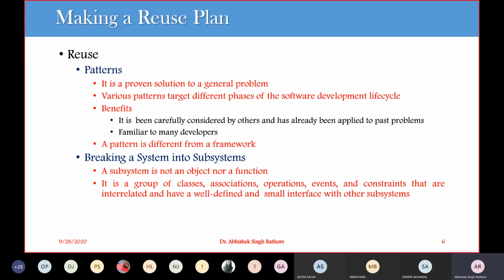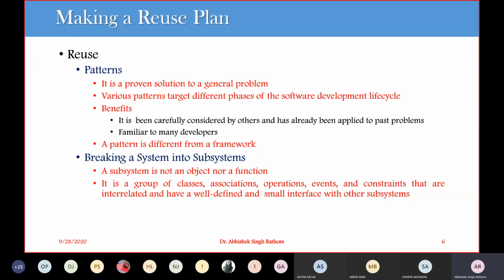Then let's consider a particular example, say an ATM system. The notion of a transaction offers some possibilities of reuse, since transactions are a frequent occurrence. Let's say we have commercial software that supports this, so there are some opportunities to reuse the communication infrastructure that connects to a centralized system of the ATM, or let's say banks. So this is how we can go for reusability.